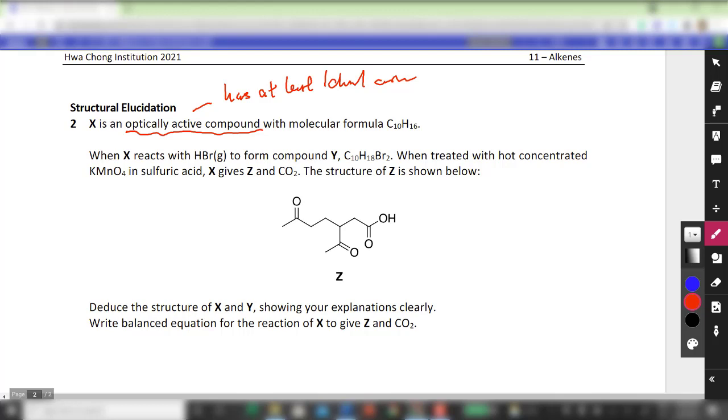You can have a chiral axis or chiral plane, so we are not going to do that. So we just look at it from the simplest perspective. So probably have at least one chiral center. With this particular formula,